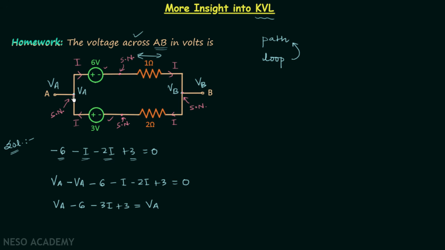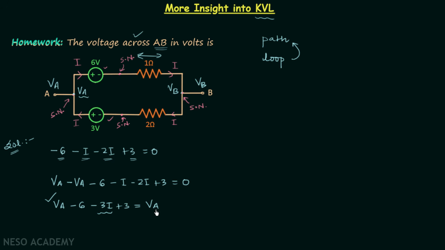We started from this point, point A, having potential VA, so we write VA. Then we had the 6 volt voltage source, and according to the polarity we have minus 6. Then we have minus I and then minus 2I, so we have minus 3I in total due to these two resistances. Then we have plus 3, and finally we came back to the same point having the potential VA, so